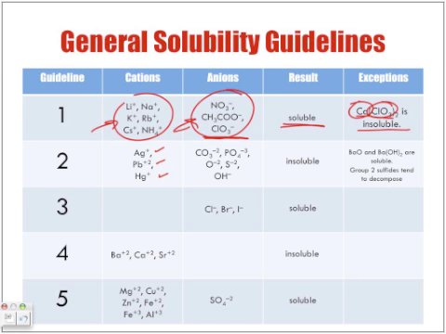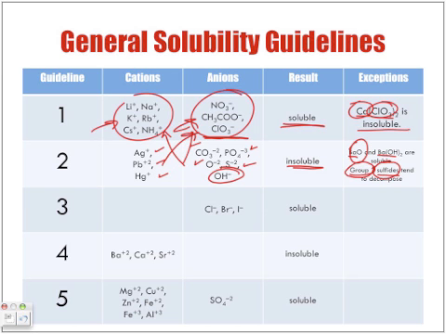The anions that we include: carbonate, phosphate, the oxides, and sulfides, as we said, are insoluble, as well as hydroxide. Right? So these are all insoluble, except for the following. Barium oxide and barium hydroxide are soluble. Any group 2, the alkaline earth metals combined with sulfide, have a tendency to decompose themselves. So these are the sulfides and the oxides that are actually considered soluble. So if you see these in your compound, as long as they are not combined with one of these soluble ones, they will be insoluble